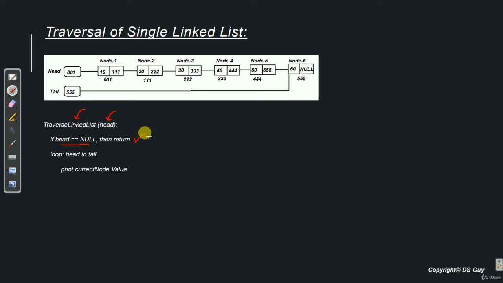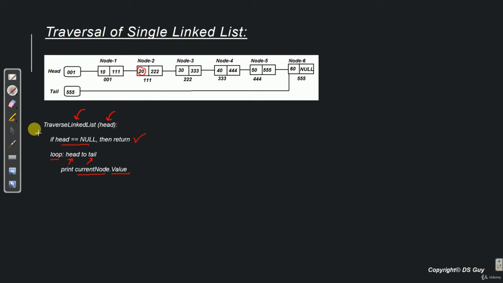Else, that is if head is not null, then we create a loop which starts from head and goes till null. And every time we traverse in this loop, we have to print the current node dot value, that is 10, 20, 30, 40, 50 and 60.